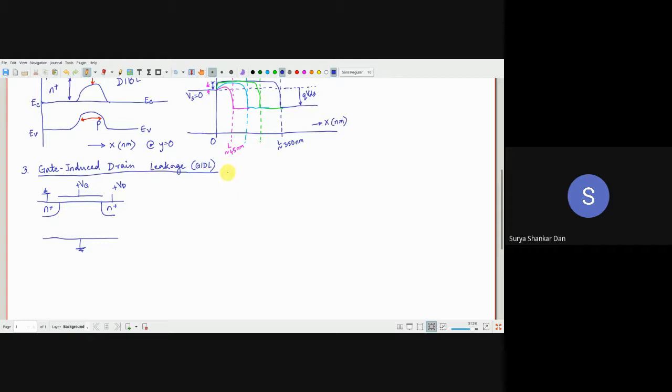Now what happens is, if it is a large device, okay, then the chances of the overlap is very, very less. But when we are speaking about a short channel device, so when this is essentially scaled to something like this,